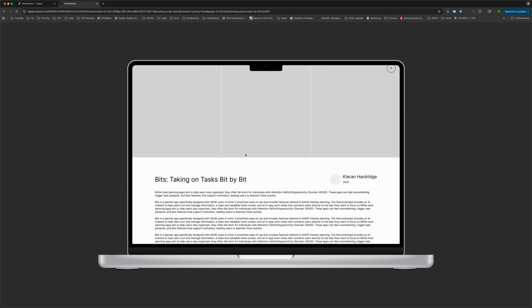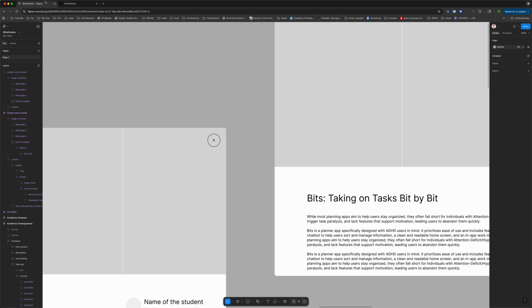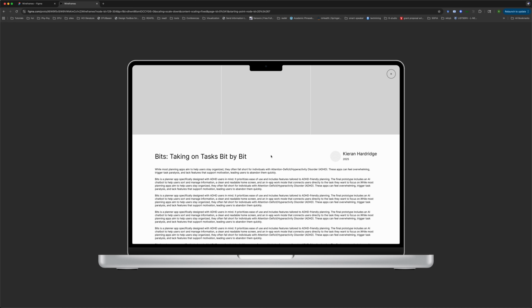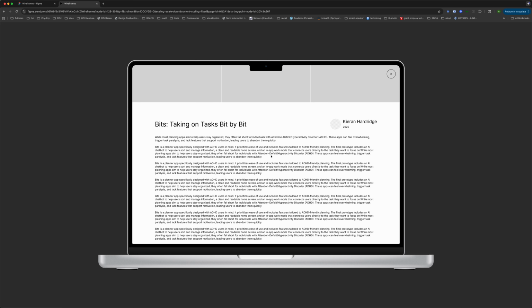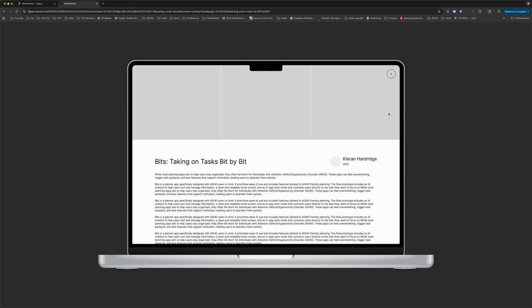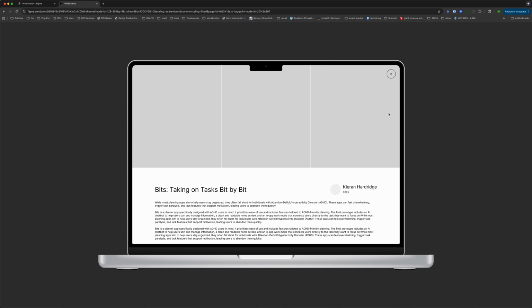Wait, what is going on? Oh, did I do something wrong here? Oh, scroll with parent. I want to say sticky at the top edge. Okay, now it should work. There you go. I don't know why it moves at a certain point. It doesn't move, then it moves. Interesting. Okay, anyway,